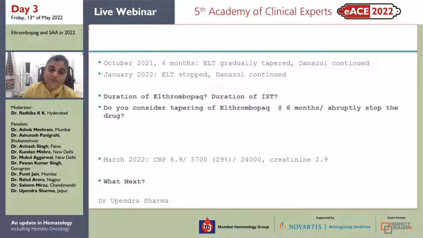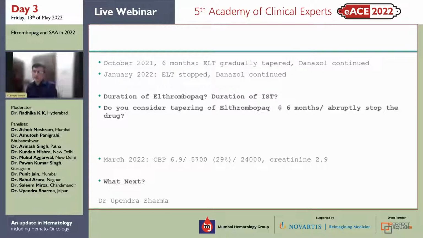So you would like to compromise eltrombopag for a high dose ATG standard? No, finances are not an issue. For those patients where finance is not an issue, we'll give full dose of ATG, full dose of Revolade, full dose of cyclosporine, no compromise with the treatment. For those patients where finances are an issue, yes, we have some papers wherein low dose ATG has worked, but we have more robust data for full dose of ATG.